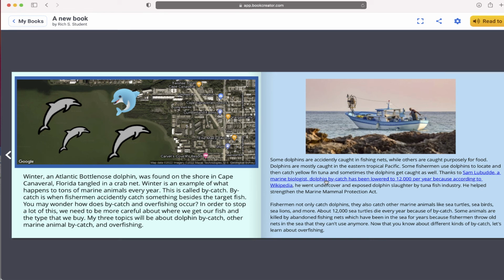Another interesting feature of Book Creator is the option to have the Book Creator program read it directly inside the browser. So if you, again, have younger students who can't quite read text, if I select this option that says read to me,